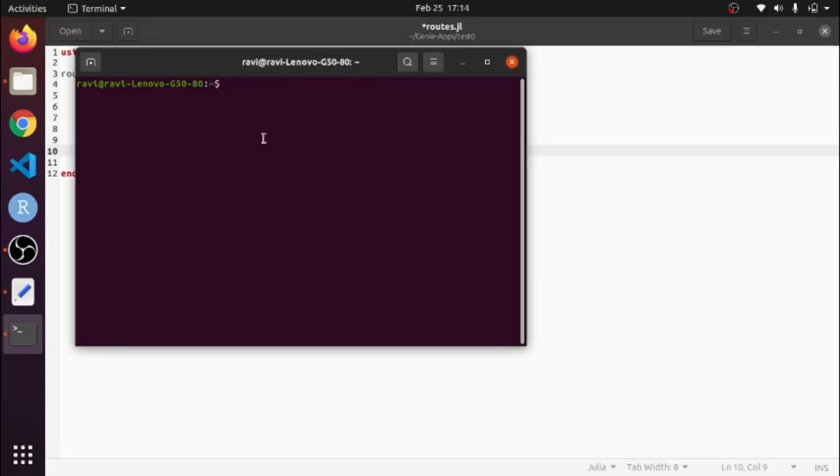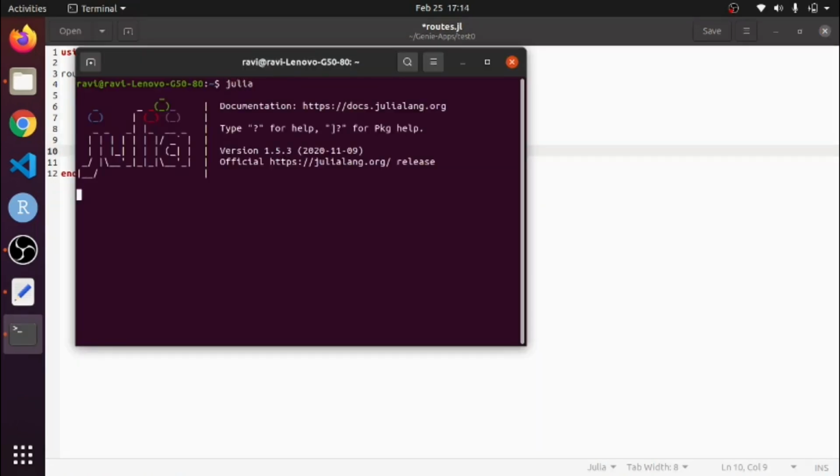I will show you how it actually works. So I open the REPL. First I am making a function f, which has no argument, and it returns a data structure, the integer 1. So whenever I call f and press enter, it will return 1.